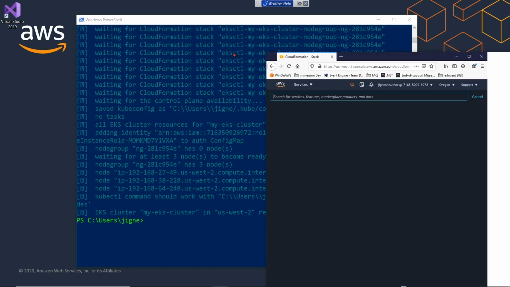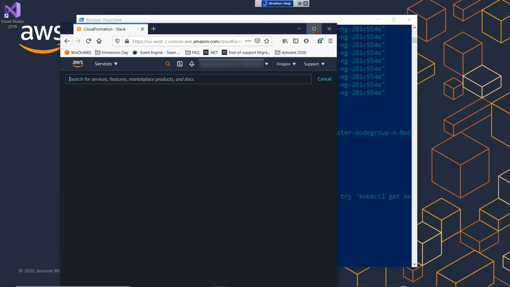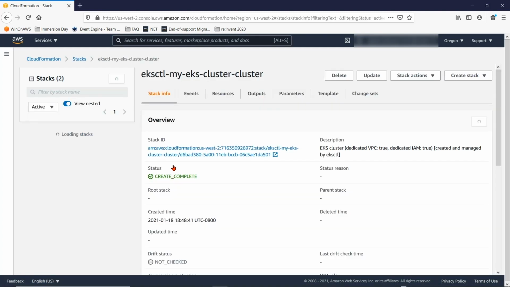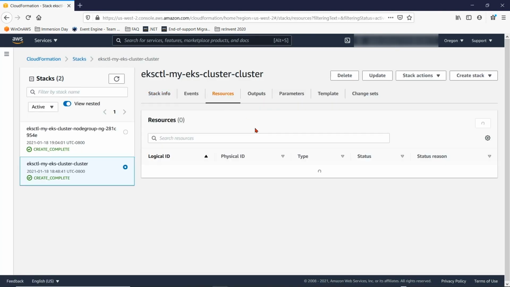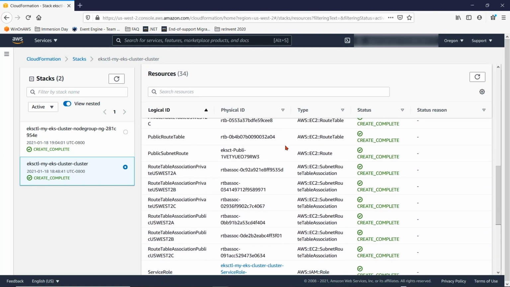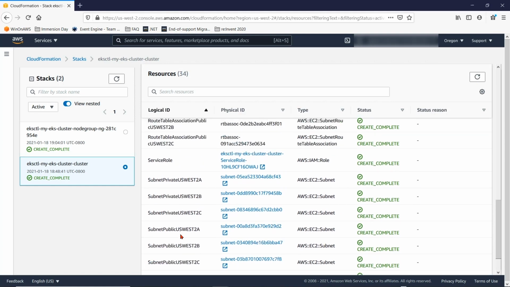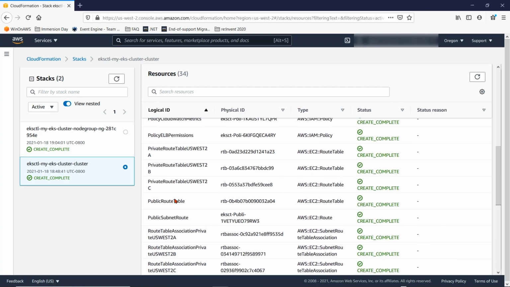Let's go to the AWS console and go to CloudFormation. You can see it has created 2 CloudFormation stacks. One is for the Kubernetes control plane and the second one is for worker nodes. So open this CloudFormation, go to resources and scroll down. You can see it has created a new VPC. It has created 3 private subnets and 3 public subnets.